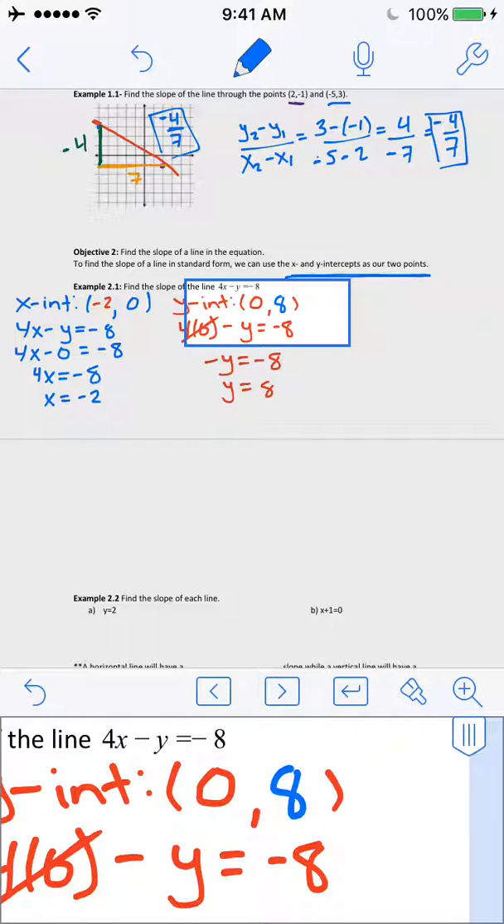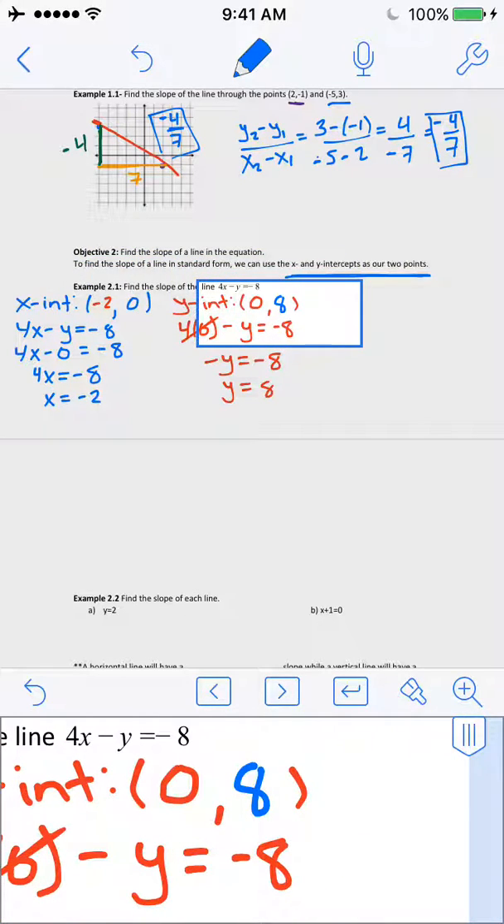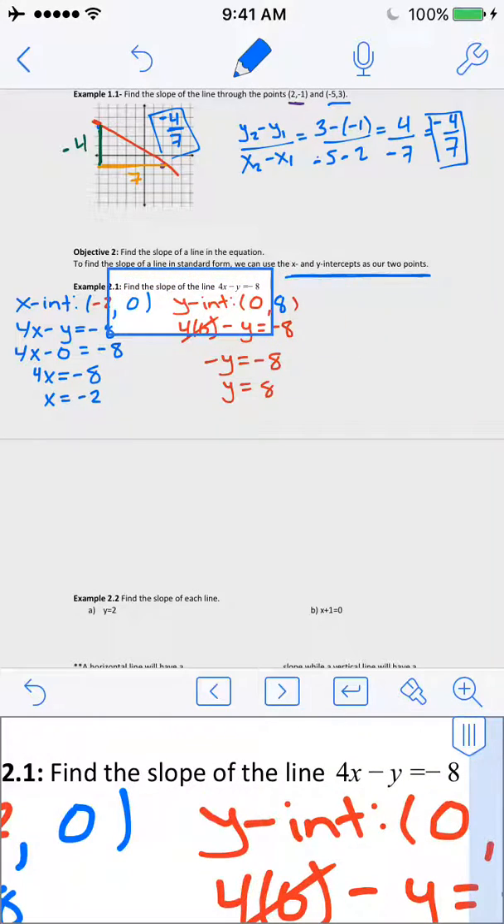Alright, so we have our 2 points, negative 2 comma 0 and 0 comma 8. Now, why were we doing that? Do you remember why we found the x and y intercepts? Because it definitely wasn't in the question. The question is find the slope of the line, right? So if we need the slope of the line, we found the x and y intercepts so that we could